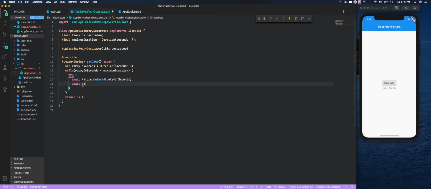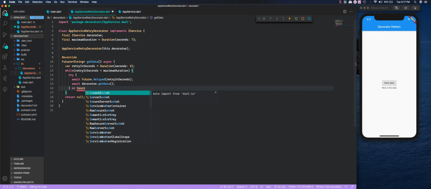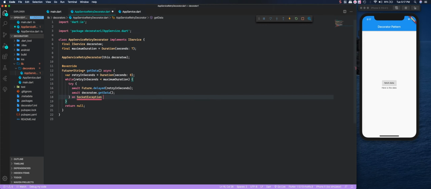So I'm going to say decoratee.getData. So if there is a socket error, meaning there is no connection, there's a socket exception,